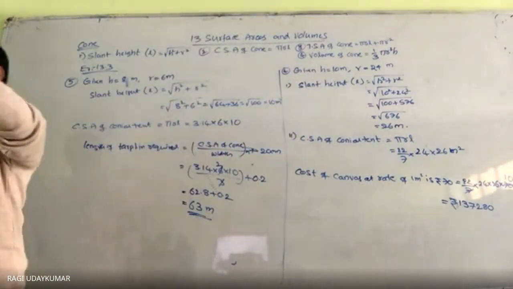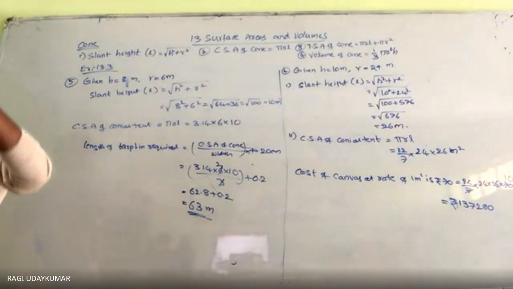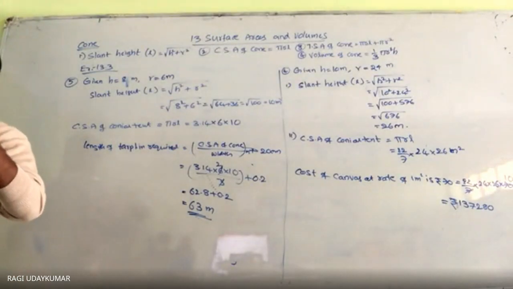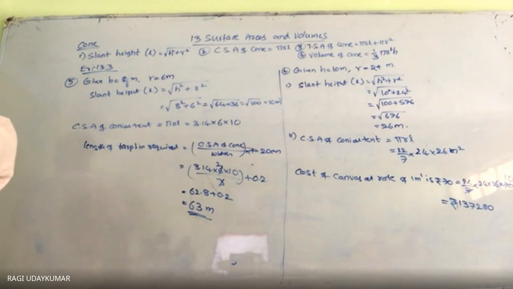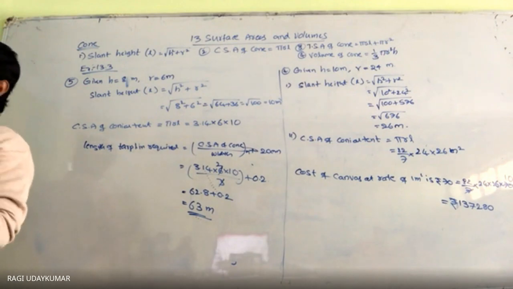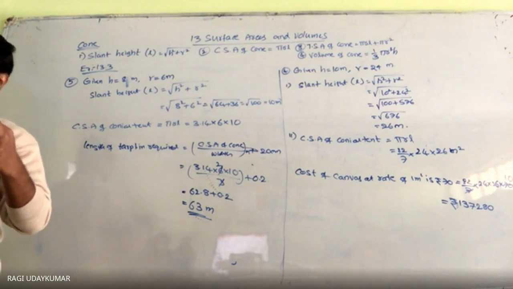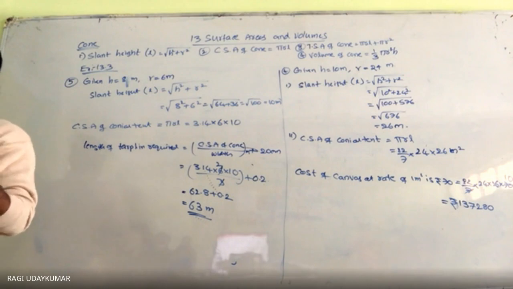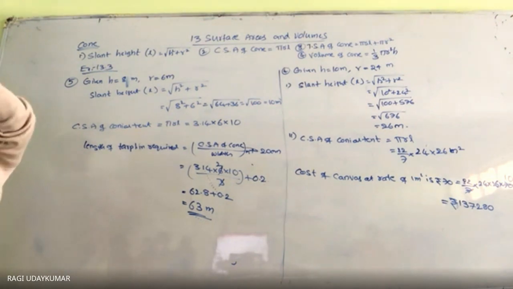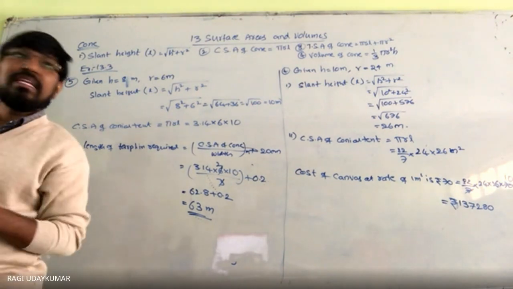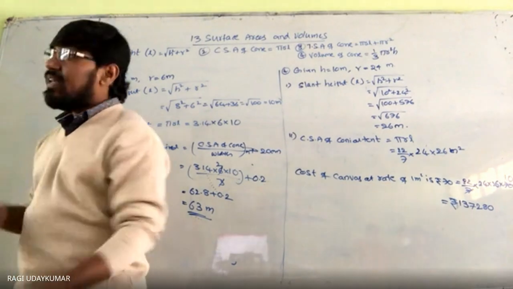This is the tarpaulin cloth. It is given that we have to make a cone from it. You need to make it as a cone further. So something will get cut, so that is waste, understand. 20 centimeters is the waste, a little bit. And the width is given to you, the complete width, that is 3 meters, and it is asking you to find out the length.